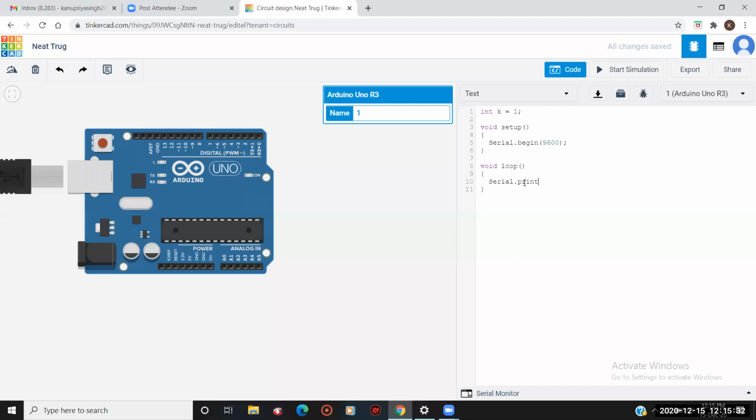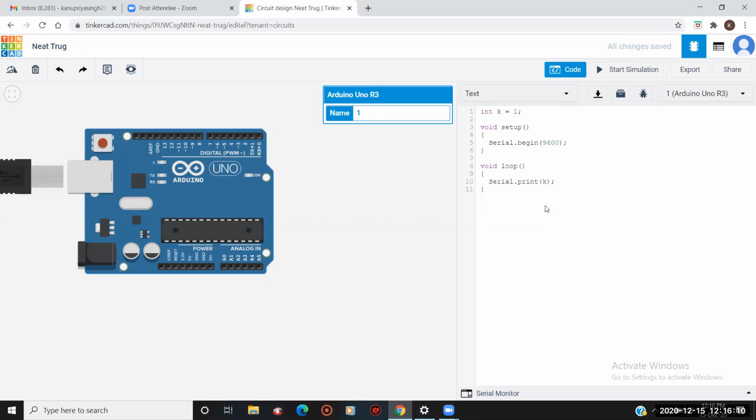Okay, I want to print. Now he knows that he wants to print. But what will he print? He will print this variable that I have defined, this k variable, the value of the k variable. So I have to give that variable here, that now you will print the k. What is the value of k? I have assigned k equals to 1, right? So here I am going to print the value of k variable, which is storing the value 1.